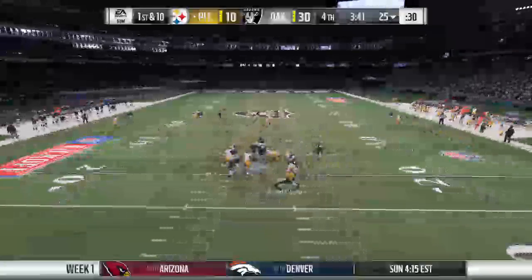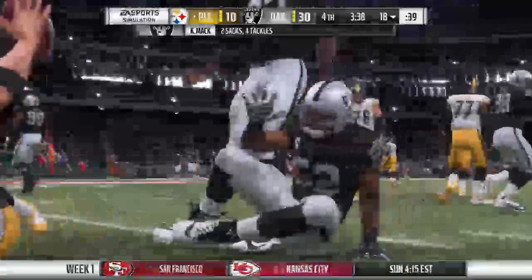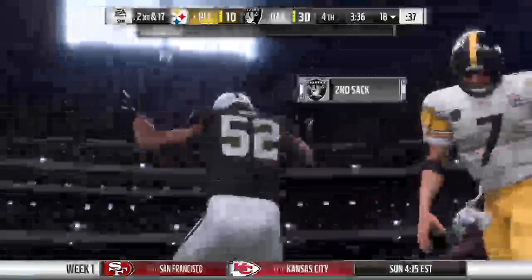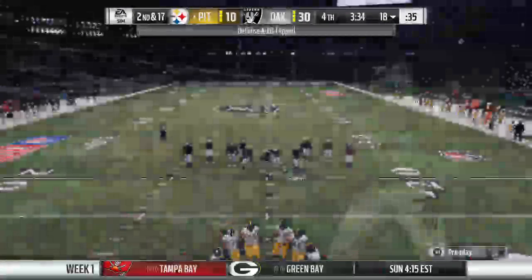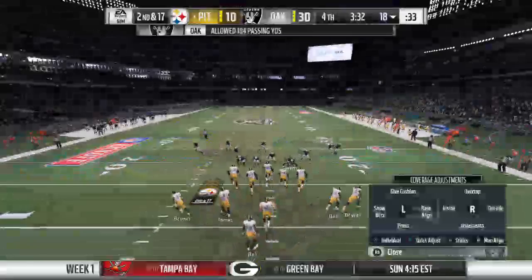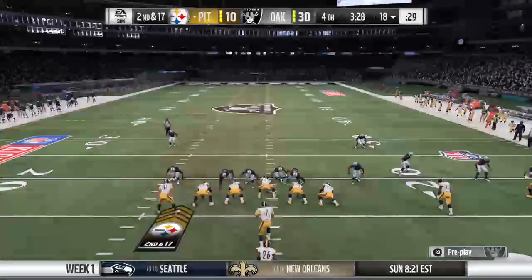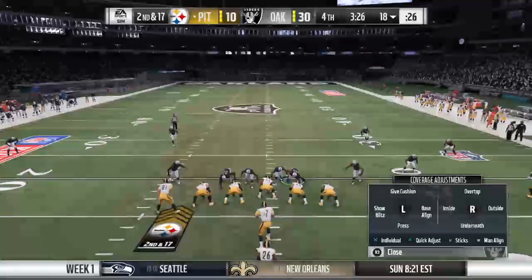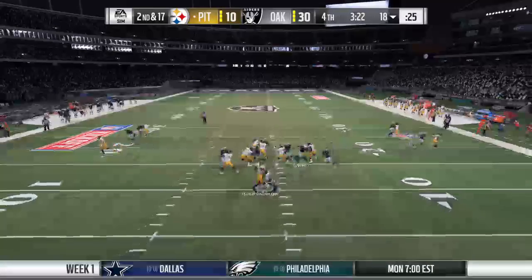Now Roethlisberger on 1st down. Under a heavy rush, and down he goes. Khalil Mack in there to drop him for his 2nd sack now here tonight. Now, we talk about players blitzing all the time. I often laugh and sometimes call it just straight-ahead pursuit. What a running start right back to the backfield for him. Yeah, it really didn't give anybody a chance to get up there and stop him. No, I mean, that's really...